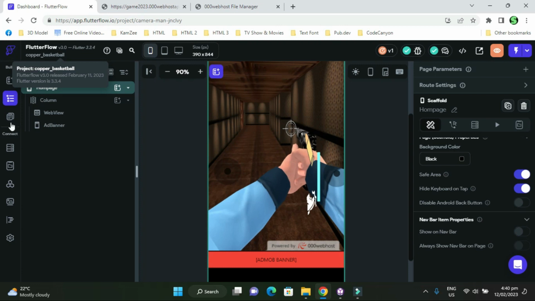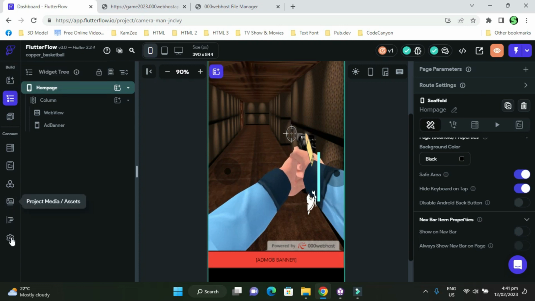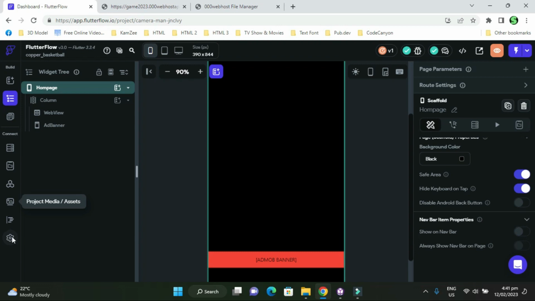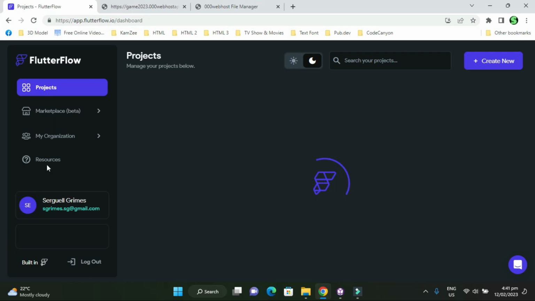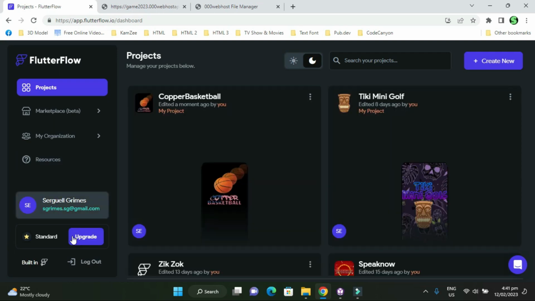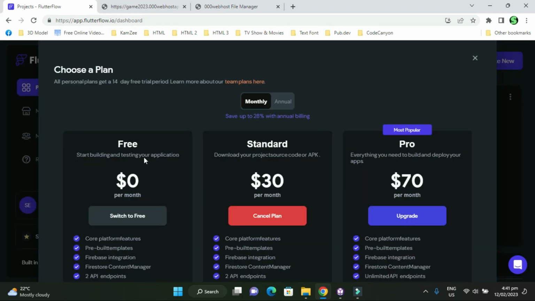When it comes to Flutterflow, you can add Firebase in here, and when you add Firebase, you can do logins and signups where people can log into your game. You can also do in-app purchases and ad modes for your game. You can set up everything properly for your game. If you want to add additional things, it's not a problem. So I'm going to show you the setups